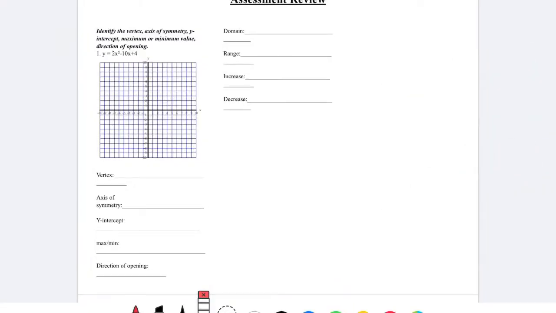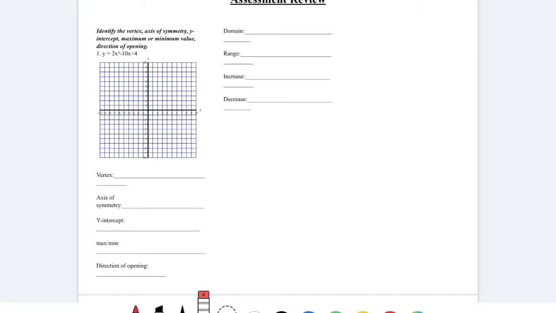Hey guys, so in this video I am going over the assessment review. There are going to be two other parts. Part 2 is going to be me going over how to find x-intercepts. In part 3 it is going to be me going over how to find your vertex, in either your min or your max. So if you go to part 3, you can see how to find that vertex on the